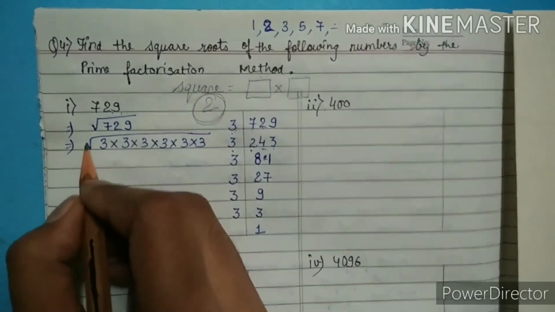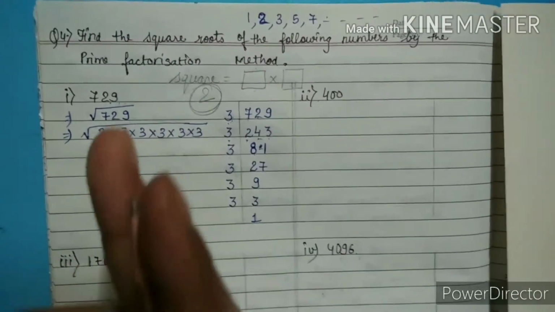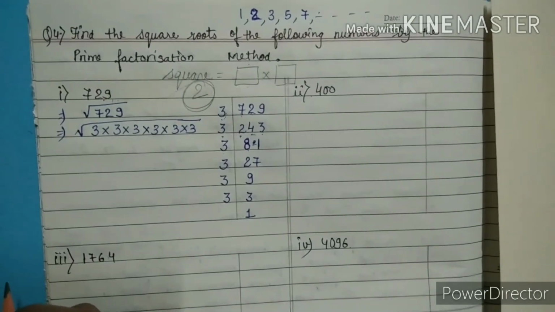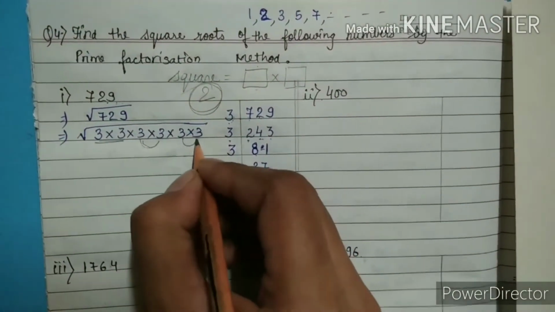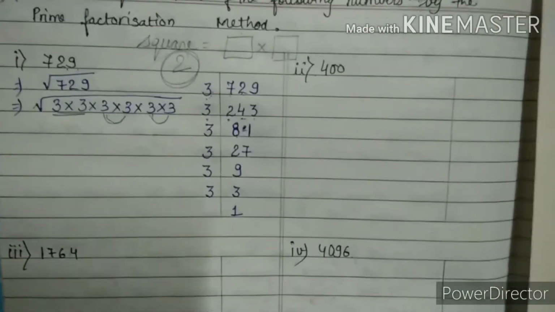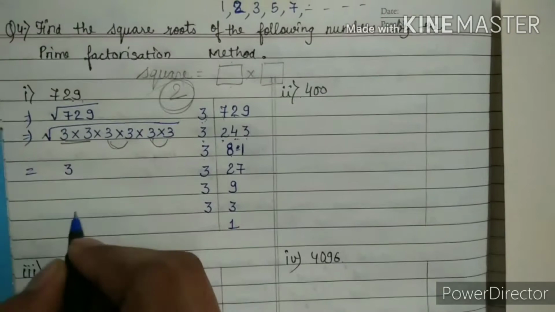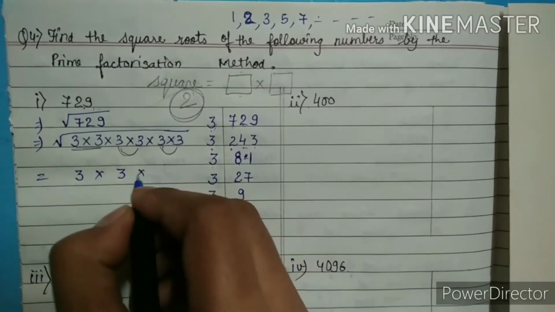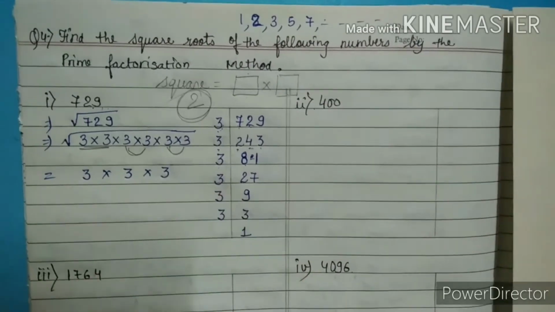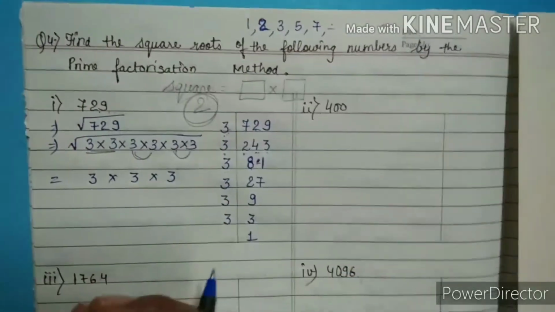It means, to take the value out of the under root, we have to make pairs of 2 each. So this is the first, second and third. So the first pair will give us 1 three, the second pair also gives 1 three, and the last pair is also giving 1 three. They are pairs, that's why their value comes out of the under root.